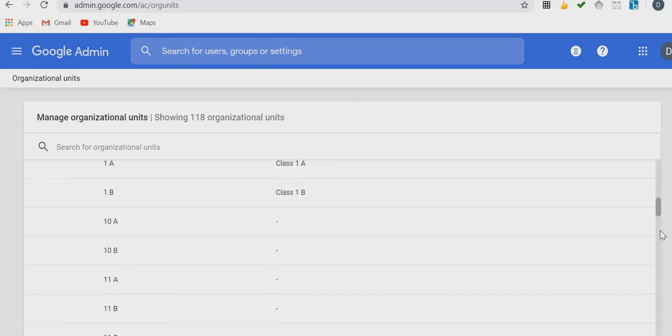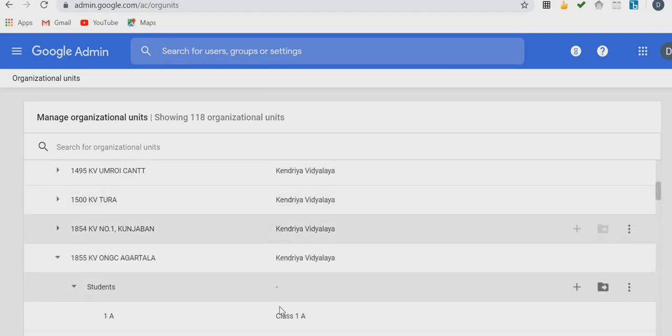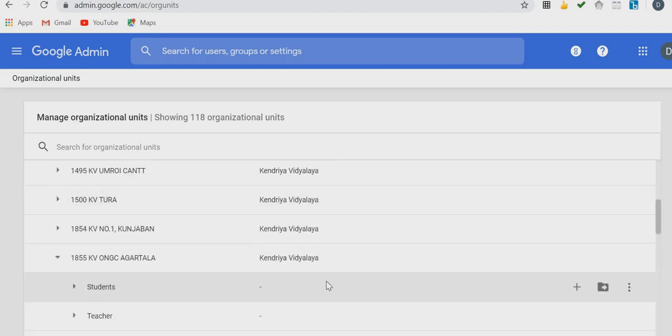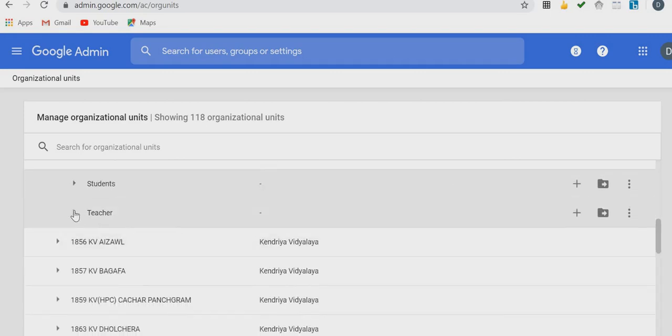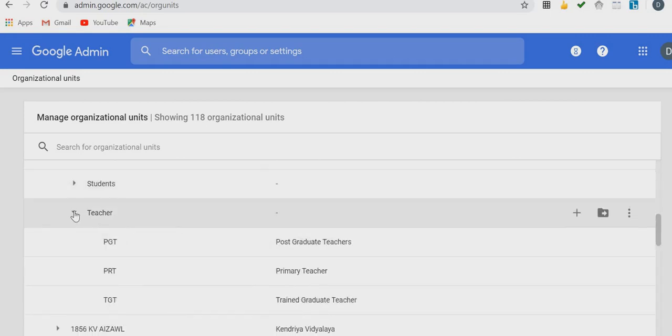All the classes will be listed under students, and under teachers there will be PGT, PRT and TGT. Like this we have to create the organizational units. Under PGT we will be creating the users, like the names of the PGTs.